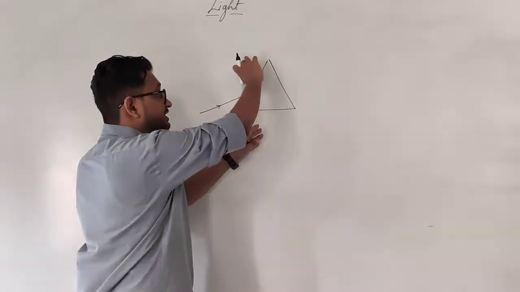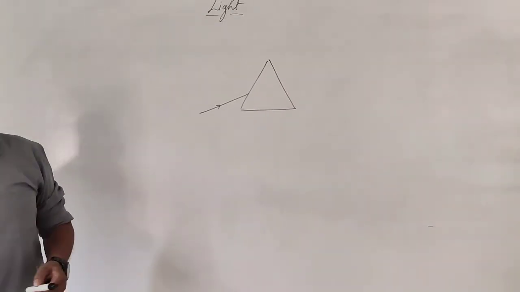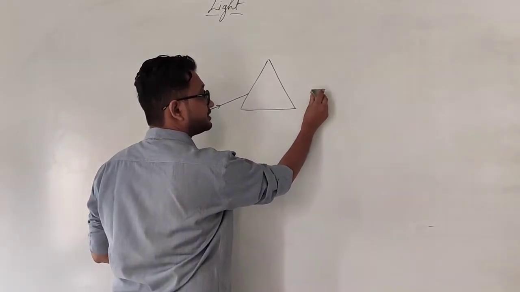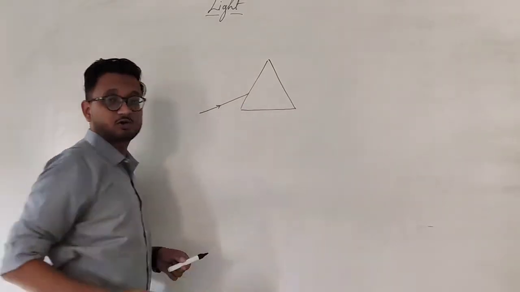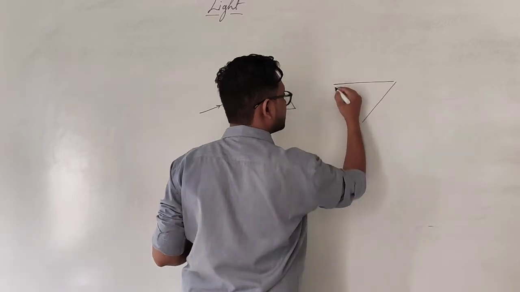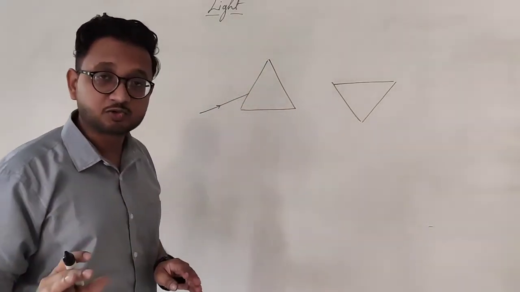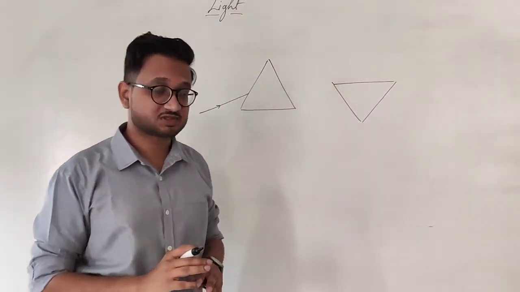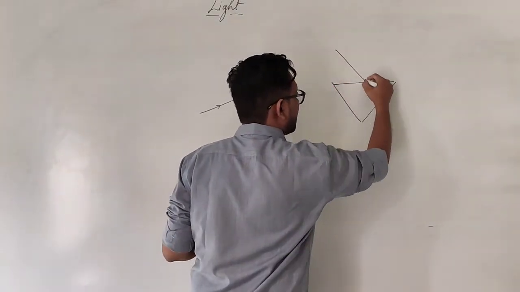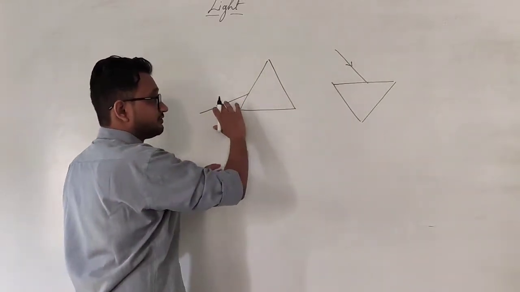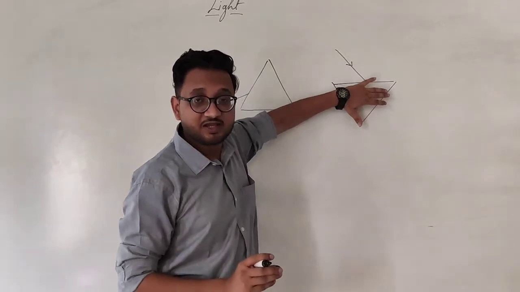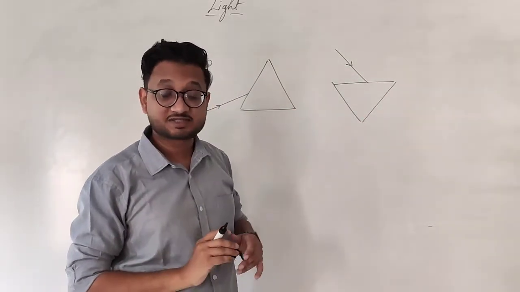If you tilt the prism like this, right now we have a prism like this, and when I tilt it this way, this side comes on the top, and therefore the next step looks like this. You don't need to do that, this is for your explanation purpose. When you see a ray of light entering like this, this is how it looked from this side. Now forget that this is a glass prism. Imagine that this is a glass slab.